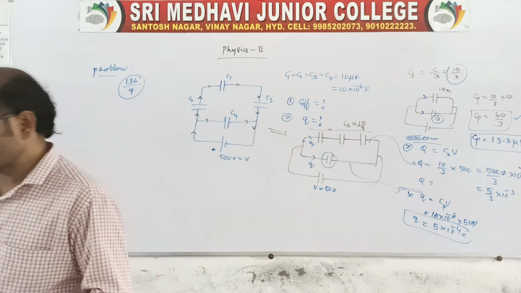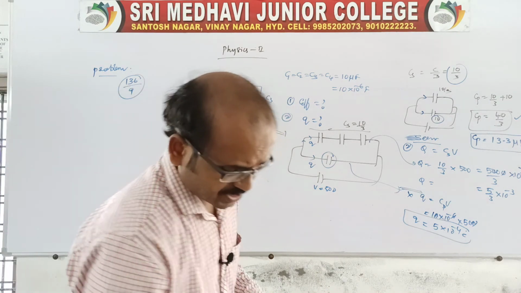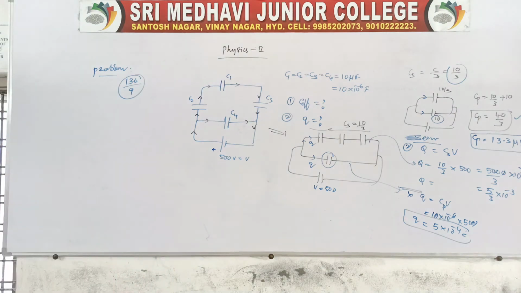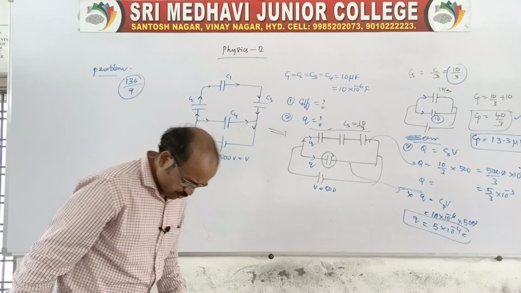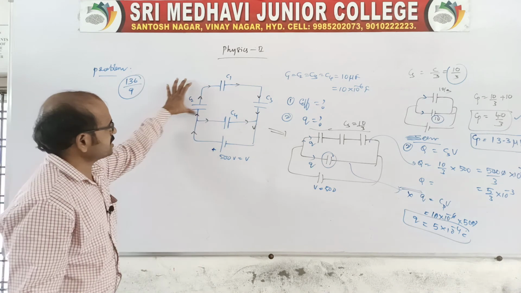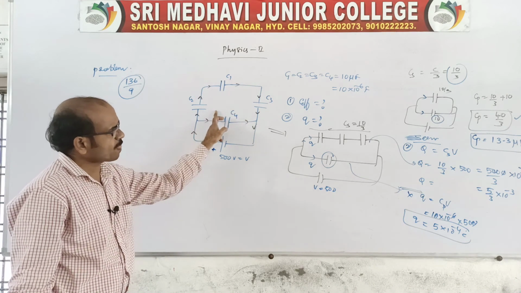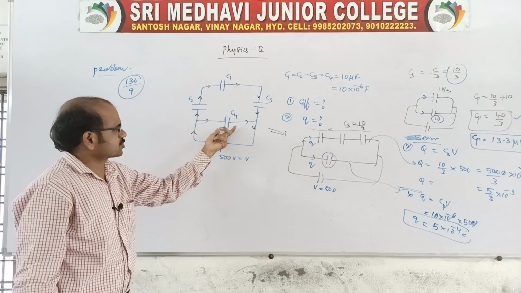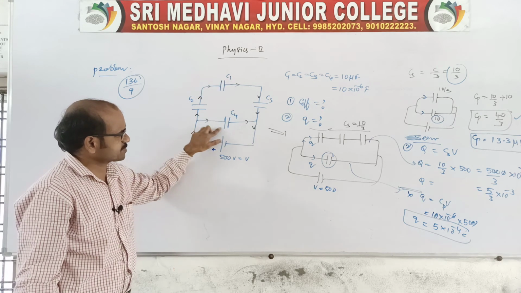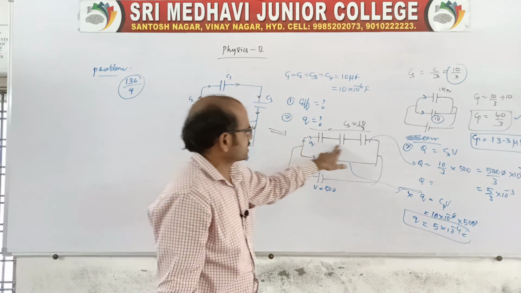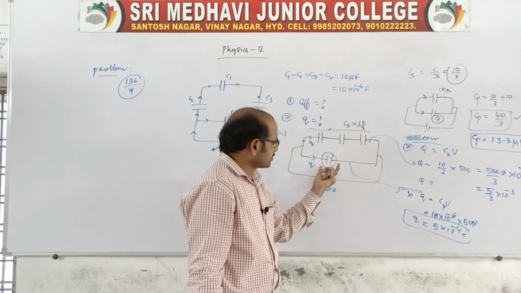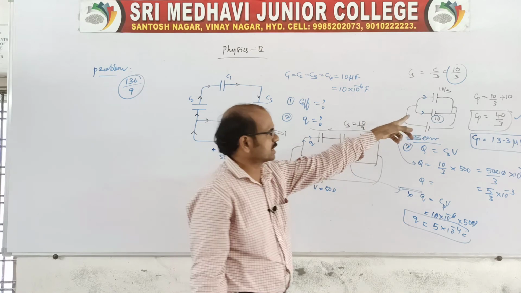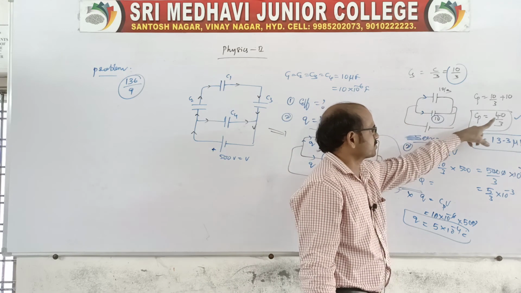So these are the problems on the basis of series and parallel combination. You go through the questions, read carefully what is being asked and what we have to do. This is the method to do the problems. Here, remember, the question gives 3 capacitors in series, and for this the effective capacitance is to be found, and for this it is parallel. That is what you get first. The series combination effective capacitance becomes 10 by 3, and after that this combination is in parallel. Now you get the effective capacitance CP.